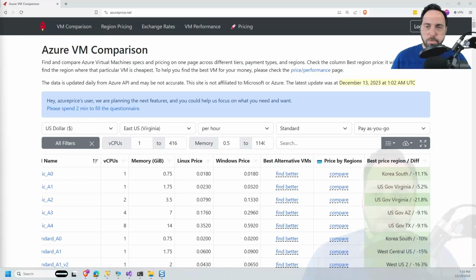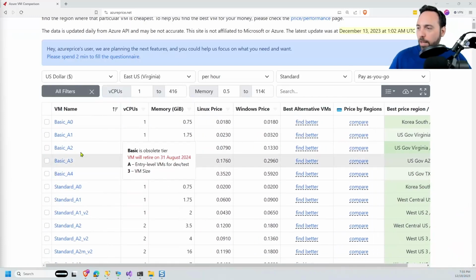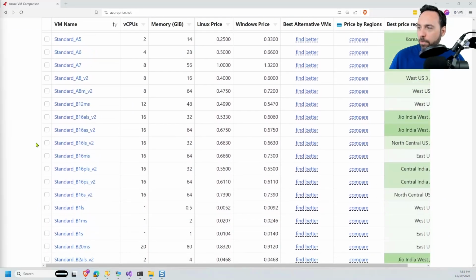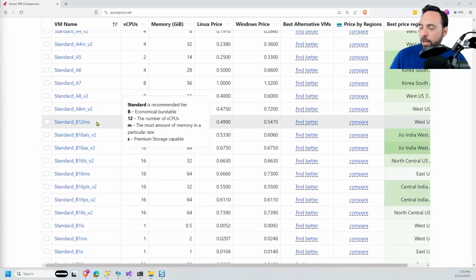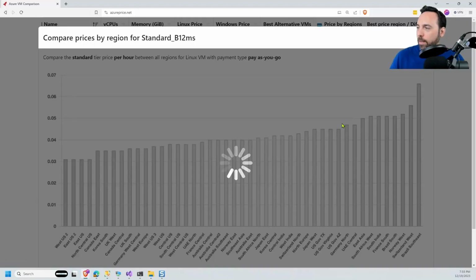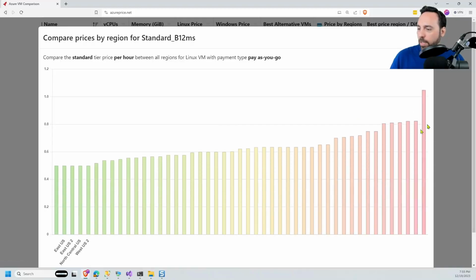So let me switch myself back to the top here. Like if I'm using B1, let me look in the B1 series, because that's a cheap burstable. Here we go. It's a burstable 12 vCPUs. Actually, West US 3 is the cheapest, and I can compare prices for it. So here's my West US 3 price is 49.9 cents.